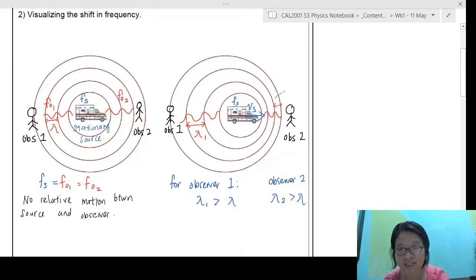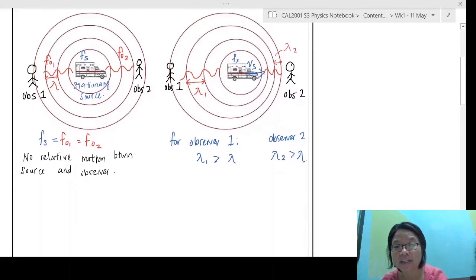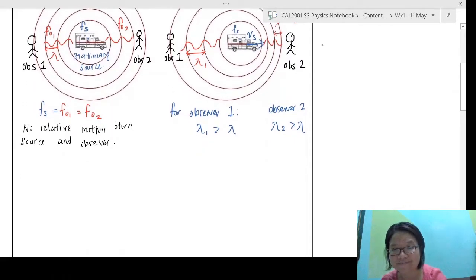Okay, lambda 2 is less than lambda. I wrote wrongly already. I can't change now. Okay, so